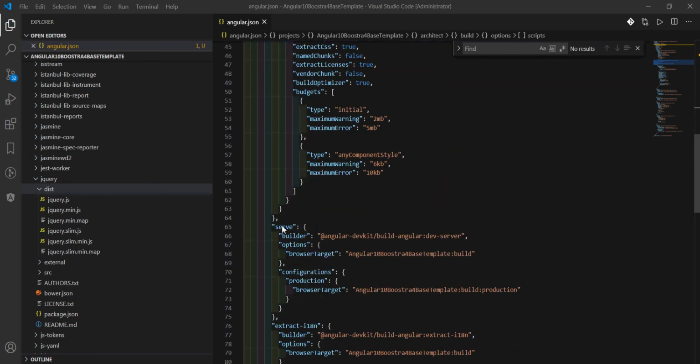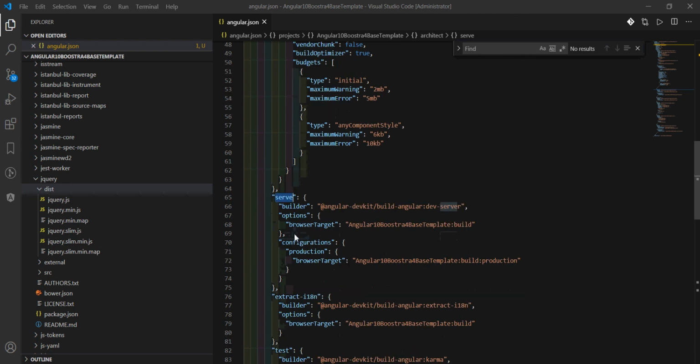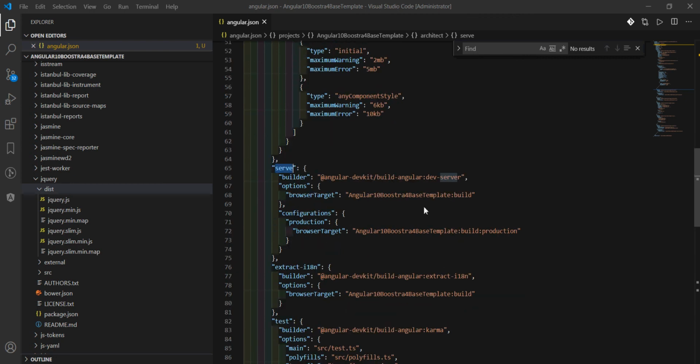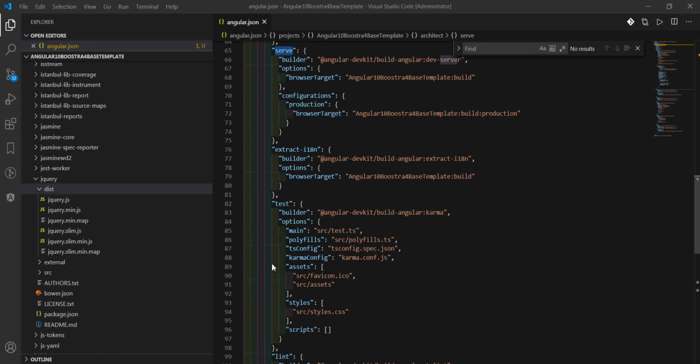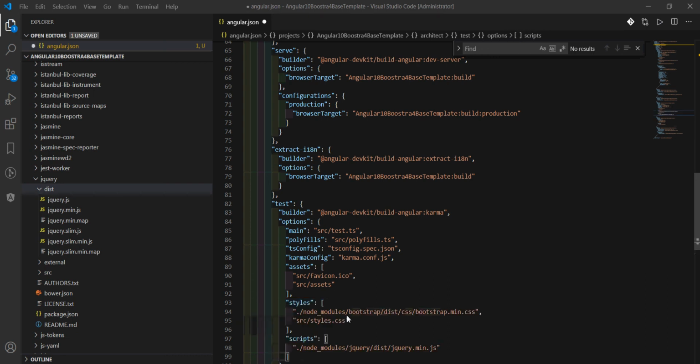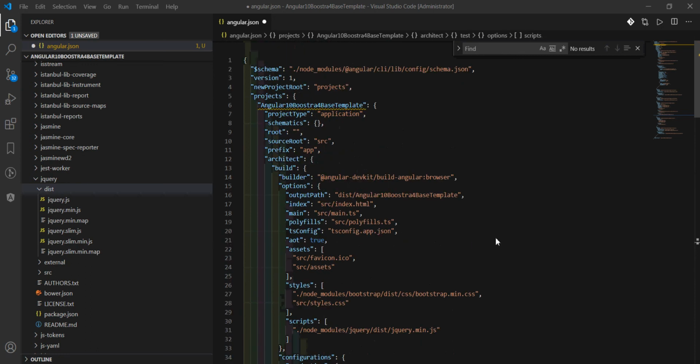If we are going to use the serve command, you can see here there is a serve command and there is a test. If you want to use those styles in the test as well, you need to paste those styles here as well. I'm just going to update that, because currently we are not going to write any styles here, but if you want to use that style in unit test cases, you can do so. So with that, I believe we are done with the configuration part as well. It's time to run our project.